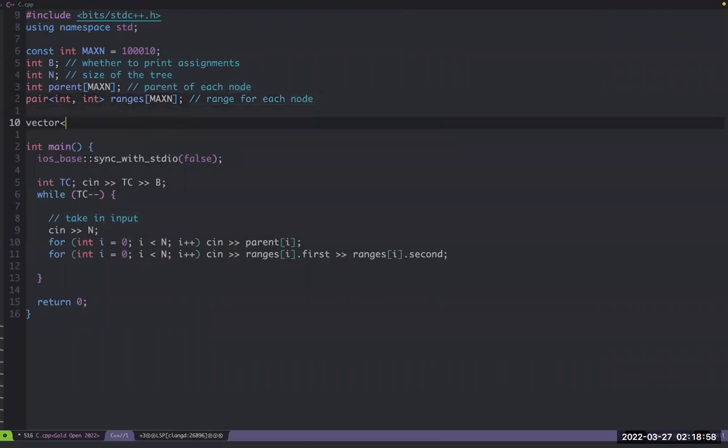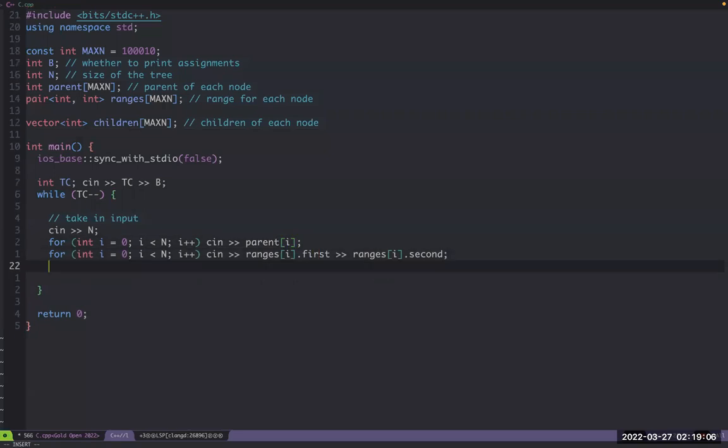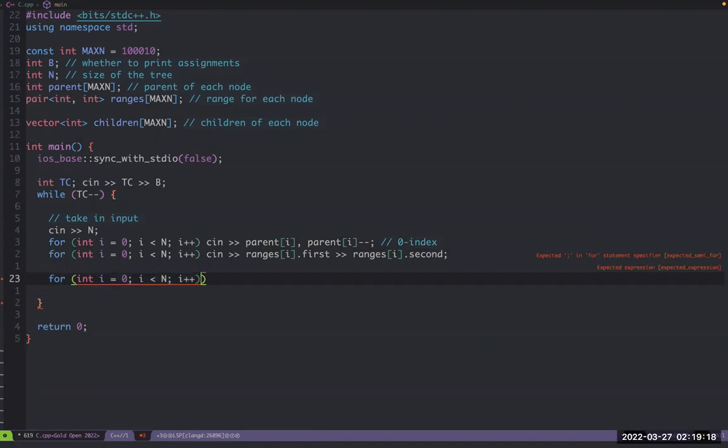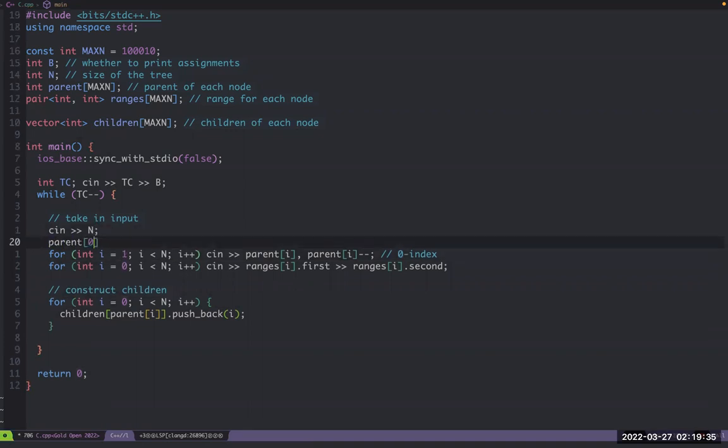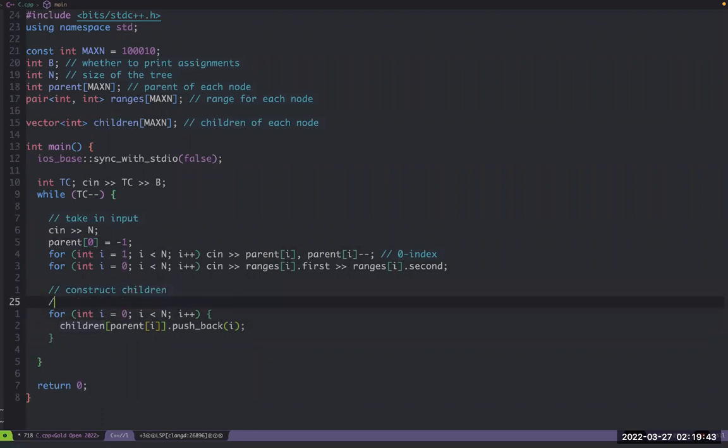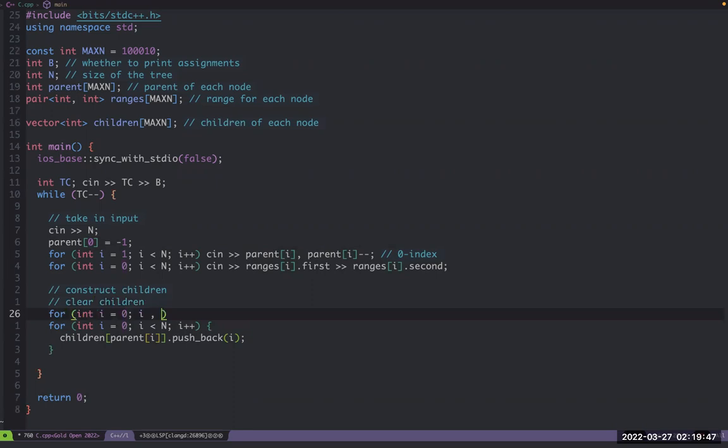Another thing we might want to build is access to children of each node. DFS. I'm going to 0 index. Children vector. I guess I also forgot, it should be 1 index. I guess we need it. We need to clear children. Okay, so